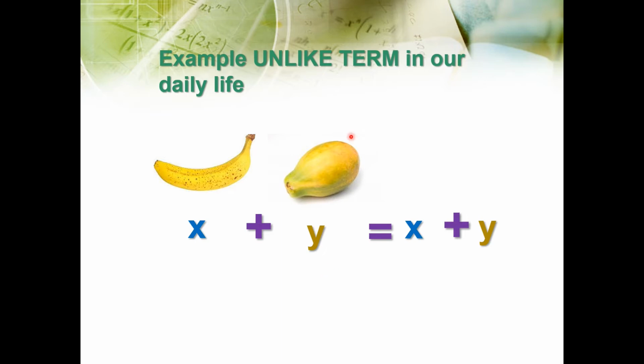Why? If I make the explanation like this, a banana added to a papaya. When we add two different fruits, we cannot just count one by one like usual. For example, if we count 1 banana and 1 papaya, it will not be 2 banana papaya. No. They are separate between banana and papaya. We cannot mix counting the papaya and banana.